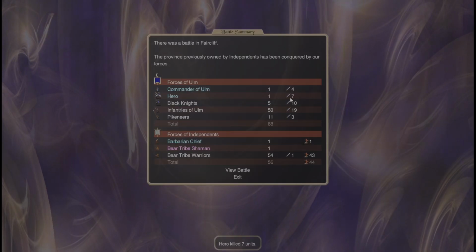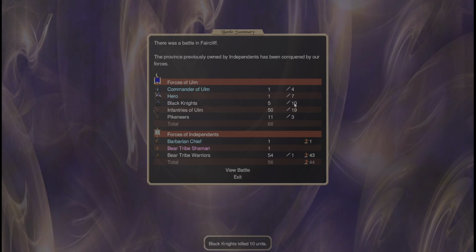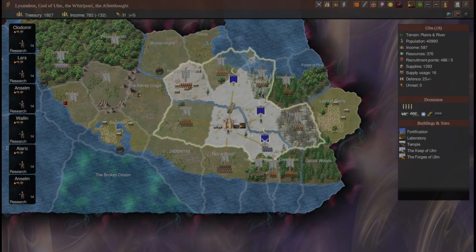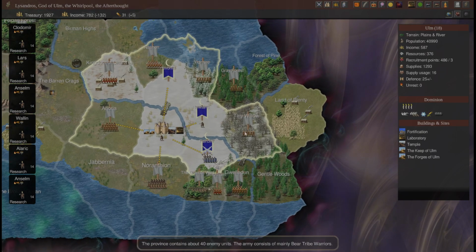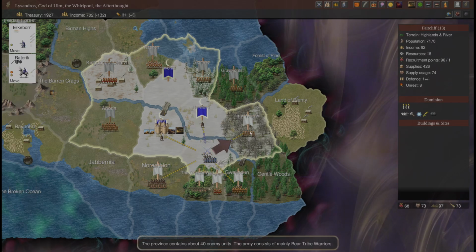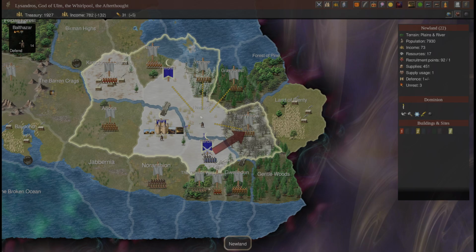And Raderick got 7 kills by himself. But the Black Knights as a group also got 10. So everyone did quite well. Okay. So we're going to continue moving towards the Land of Plenty. So we're going to move into the next group. And we're going to have...